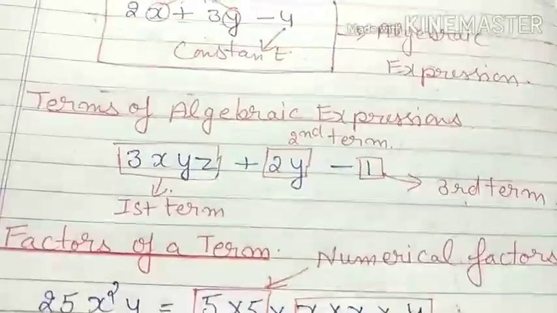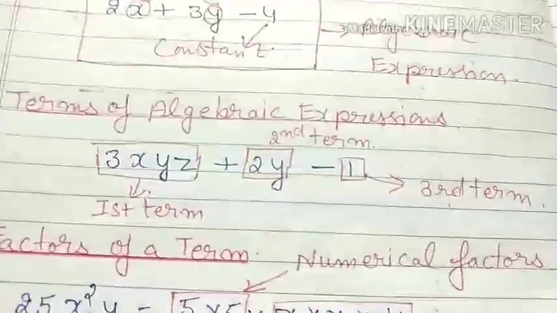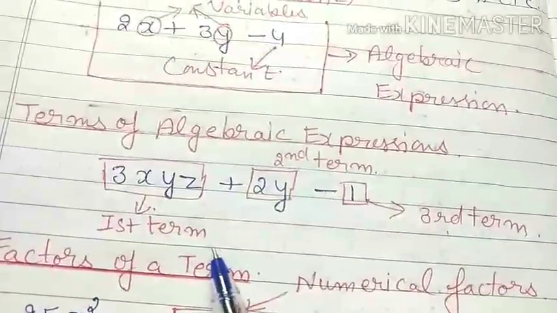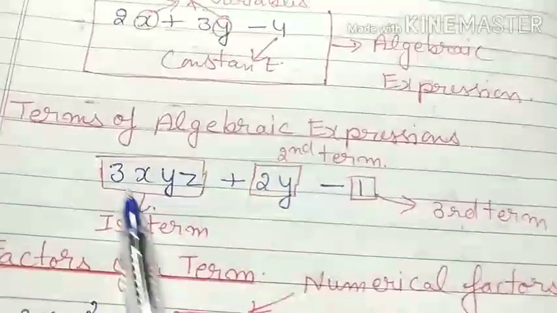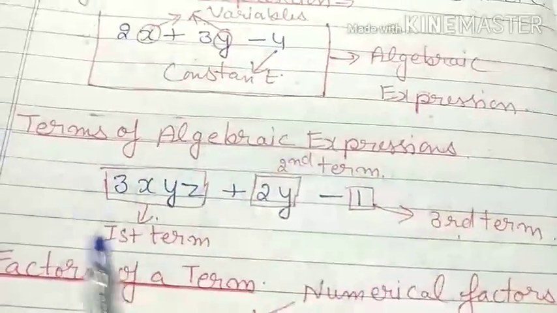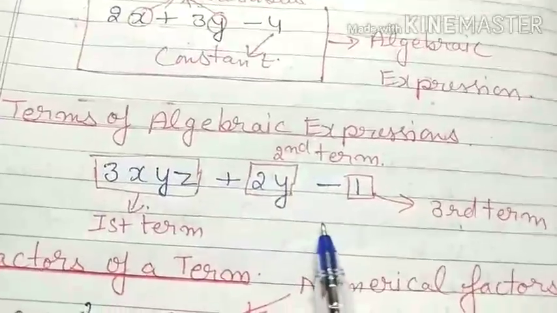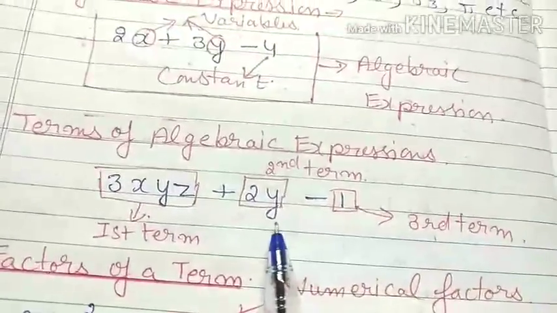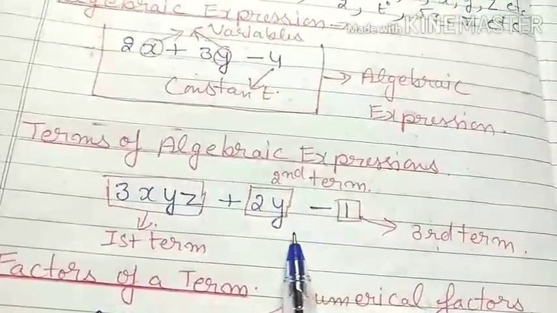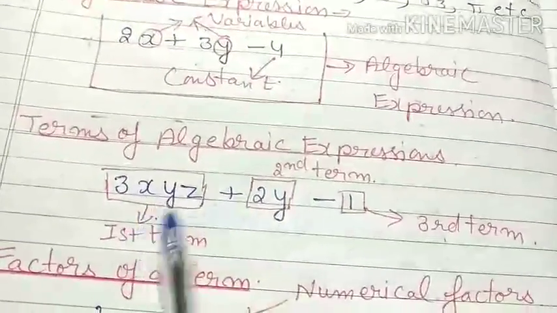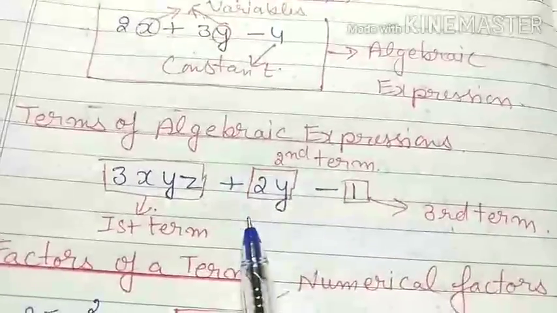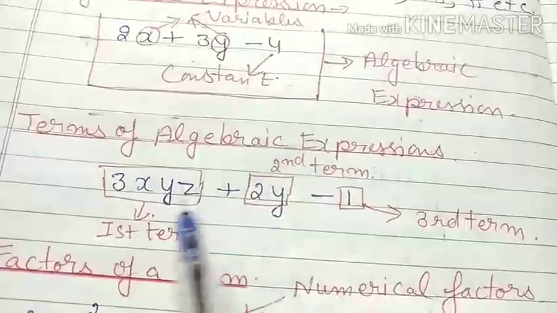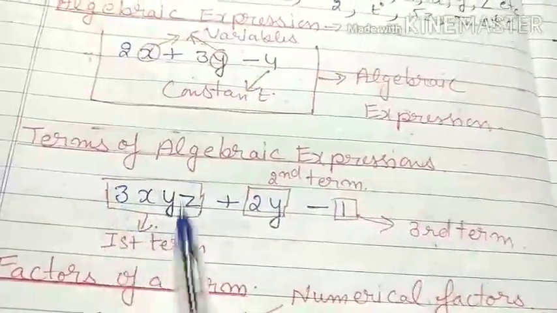Next is terms of an algebraic expression. How do you identify the terms of an algebraic expression? The terms of an algebraic expression are the parts of the expression. If this is the whole expression, the different parts are connected with positive, negative signs, or divide, multiplication; these are the operators. When different variables and constants are connected with these signs,